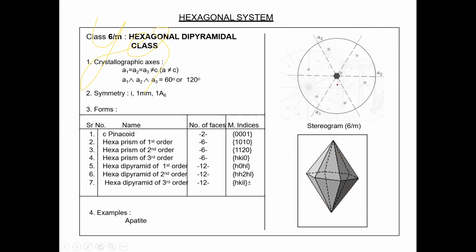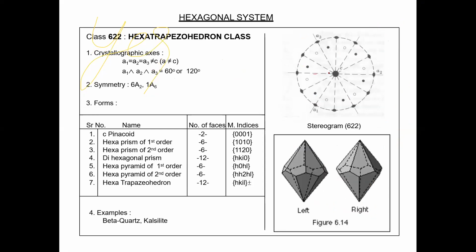Next we have, yes, here is the diagram. This is hexagonal trapezohedron, class 622. And if it would be 422, you can make notes. If it is 622, it is hexagonal trapezohedron. If it is 422, it is tetragonal trapezohedron. Getting my point or not? If 422, tetragonal trapezohedron. If 622, then hexagonal trapezohedron. There might be a possibility the HM symbol is given and you will have to give the name.